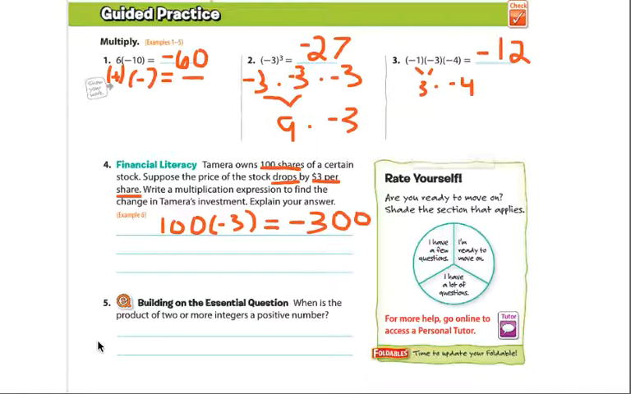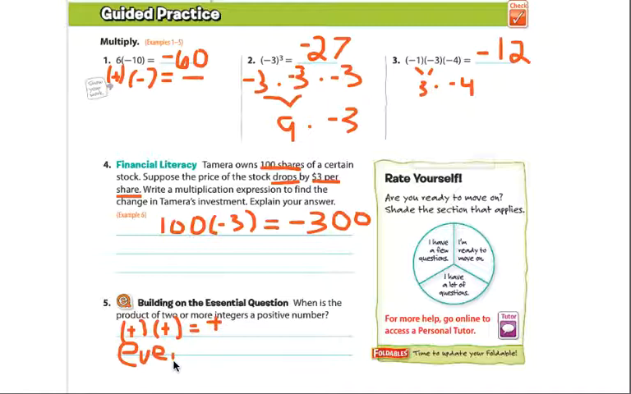All right, and number 5, when is the product of 2 or more integers a positive number? Well, we know that a positive times a positive is always a positive. And we know that a negative times a negative is a positive. But remember what we saw when we looked at number 3 and number 2? We saw that when we have an odd number of negatives, it's still negative. So it's not enough to just have 2, because what if we have 3, 4, 5, 6, 7? For positives, if they're all positive, it's positive. But for negatives, we have to have an even